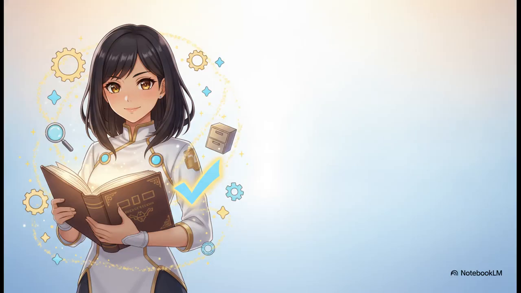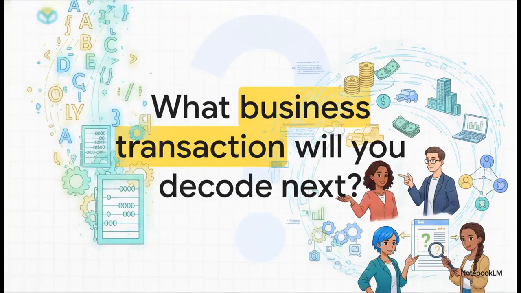So here's the big takeaway from this explainer. Master the RCAR process. Read, identify, classify, apply, and record. Journal entries aren't some dark art. They are just a logical, completely repeatable system of translation. If you apply those golden rules with equal debit and credit amounts, you can now translate almost any basic business transaction. You've got the alphabet, you've got the grammar, you have the ultimate framework to track the money, the assets,